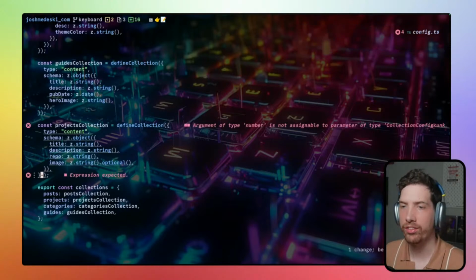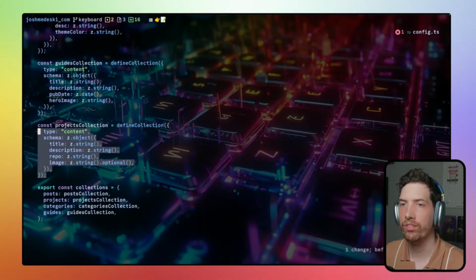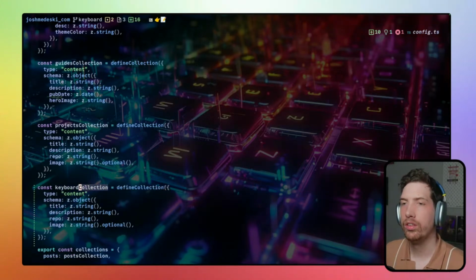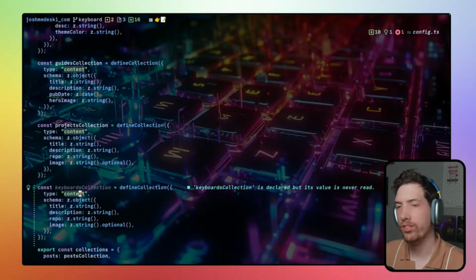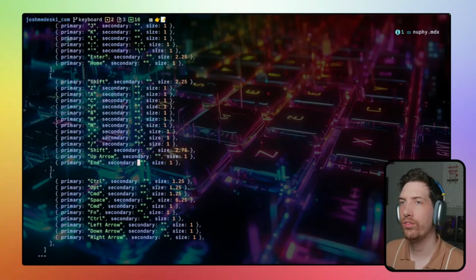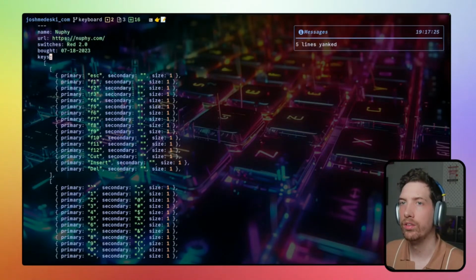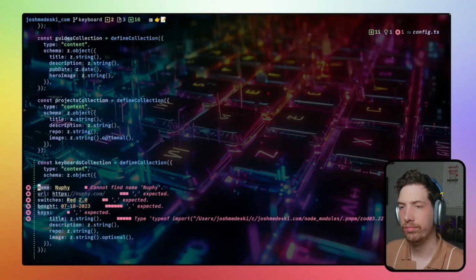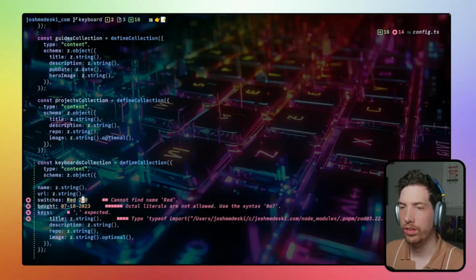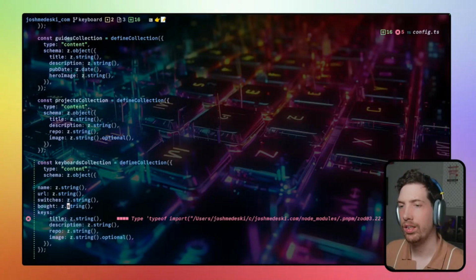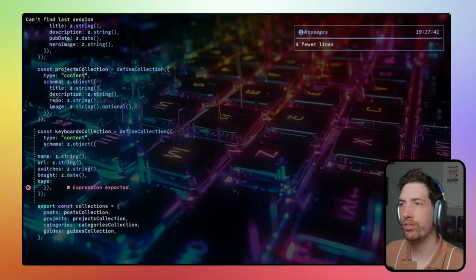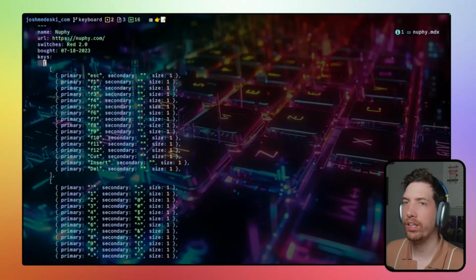This is what I love about Astro. It's just so quick to do stuff. So we will take the keyboards collection, its content, and we don't need that. String, I guess this is date. And then keys is where it gets really interesting. We'll want to, I guess we'll just want to say